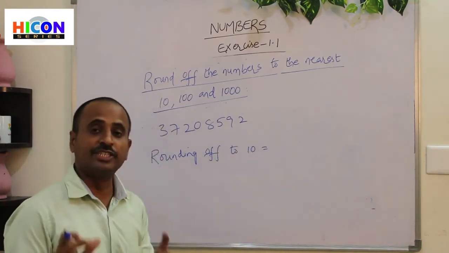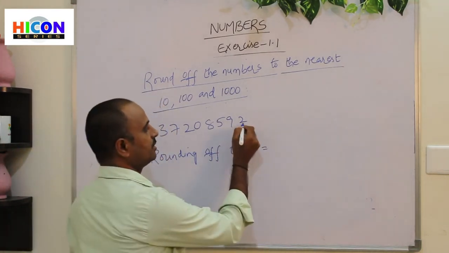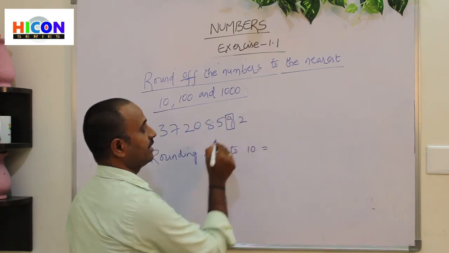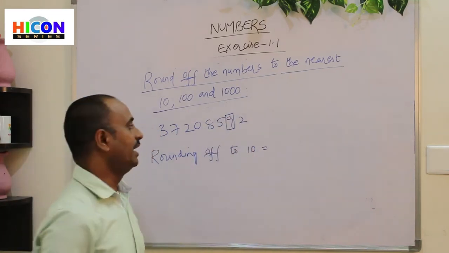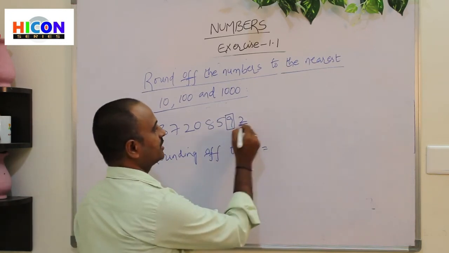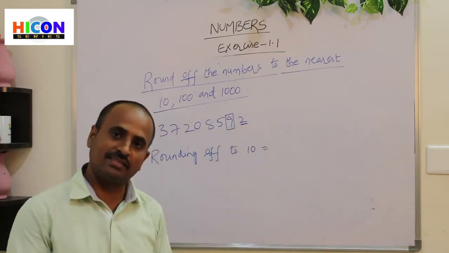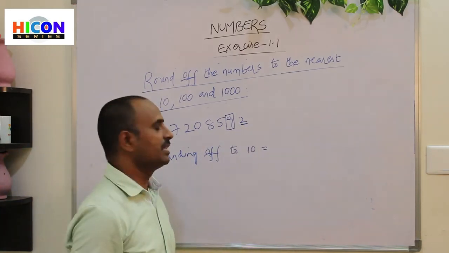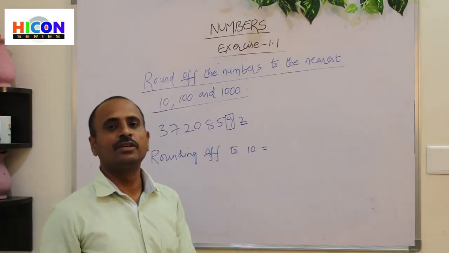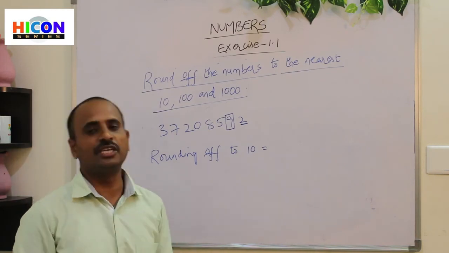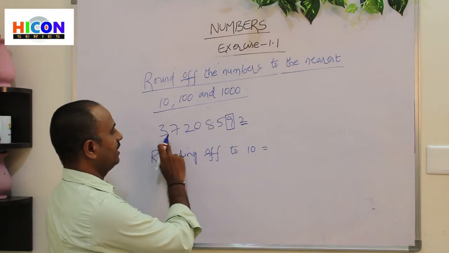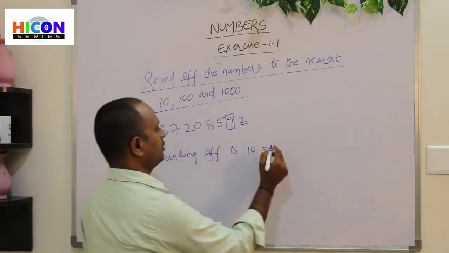First identify the digit present in the tens place. So here this is ones and this is tens. So there are 9 tens in the given number. And check the next digit. The next digit is 2 and it is less than 5. If the next digit is less than 5, keep the same tens. That means the tens should not be changed. So keep the same tens, that is 9, and write the remaining digits as usual.